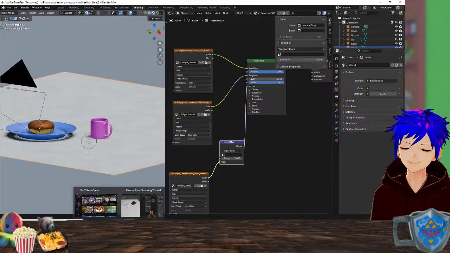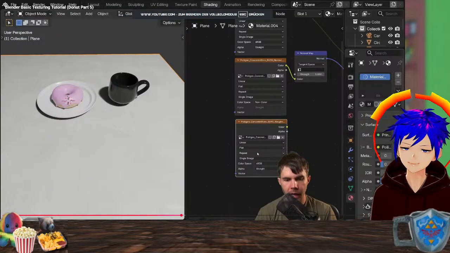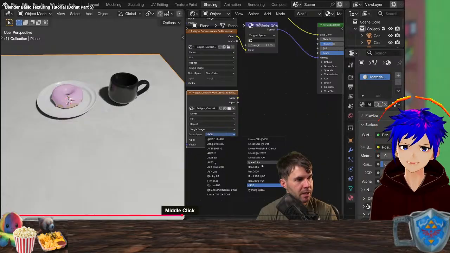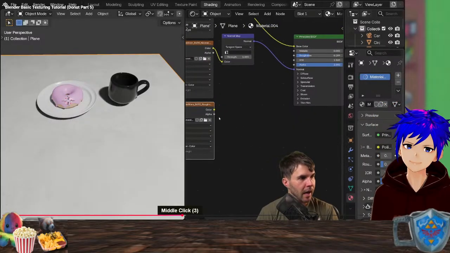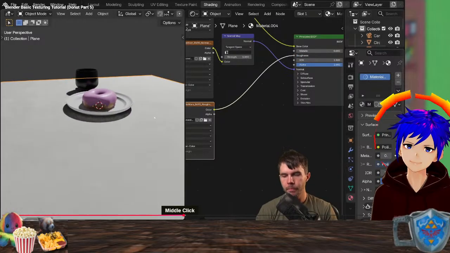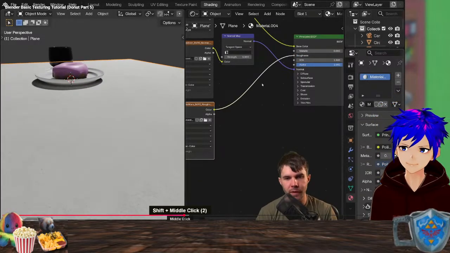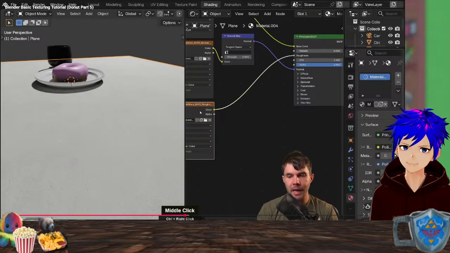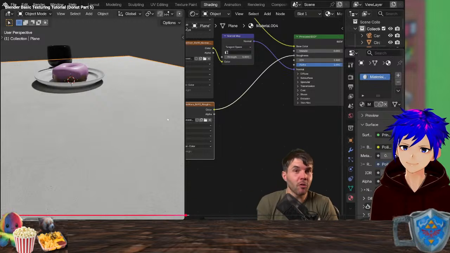But it kind of tells me that this is a problem. Okay, and then just like before, I need to make sure my color space is set to non-color data. And then finally, I want to drag this out to plug into my roughness input. Now, when you do that, you'll see that the material goes very, very dull. So before, when we set this to shiny like this, when we connect this in here, it goes dull because concrete is dull.